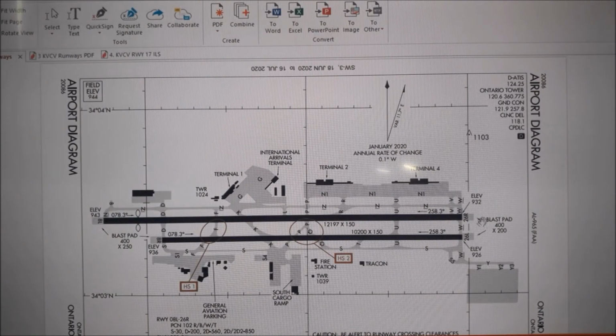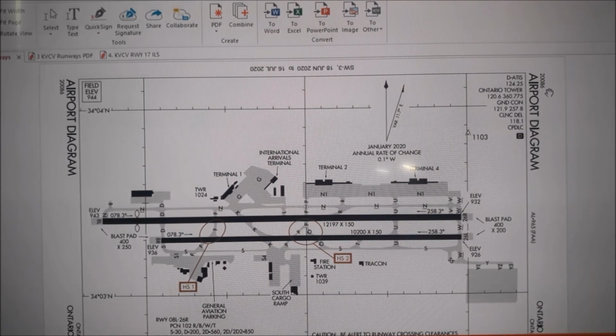Okay, now this is Ontario Airport. These are the terminals, terminal 1, 2, 3, 4, and this is north, the magnetic north. And remember, whenever we talk about a heading in flight, it is always magnetic. 26R is 260. In other words, this is 0, this is 90, this is 180, this is 270. So 260 will be something like this. This is the geographic north, this is the magnetic north. So everything is in relation to the magnetic north.